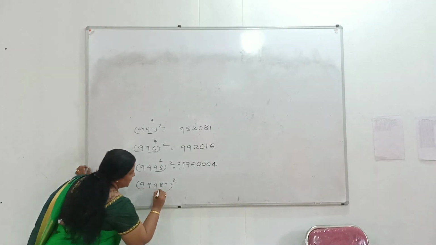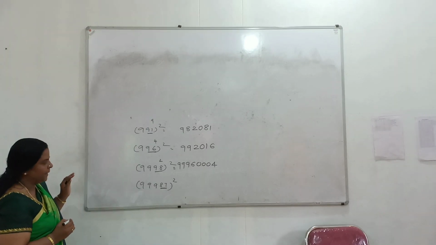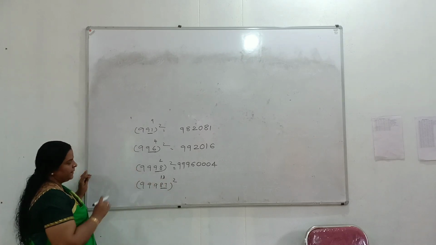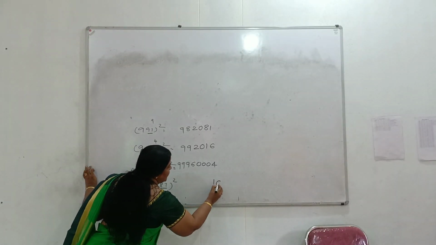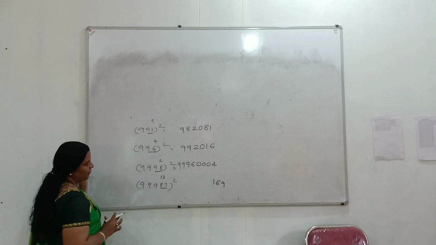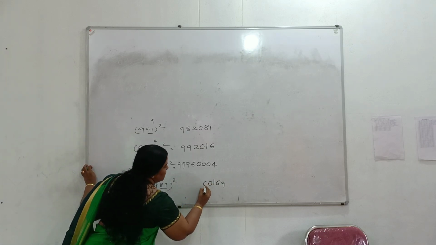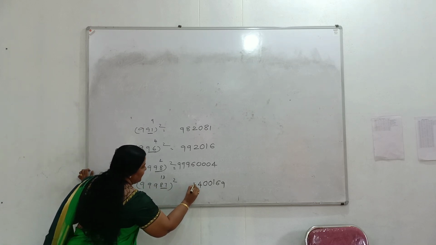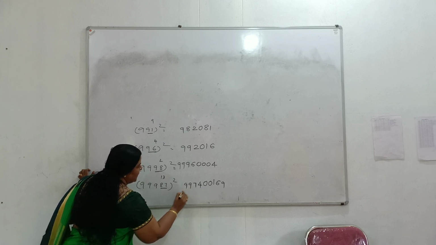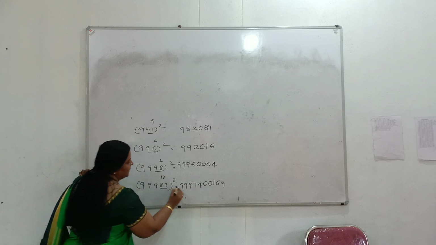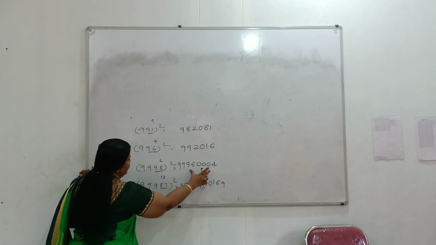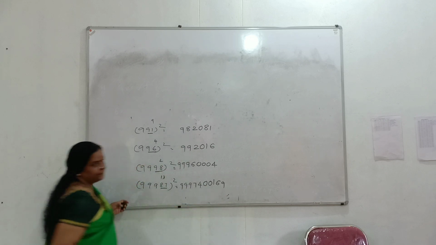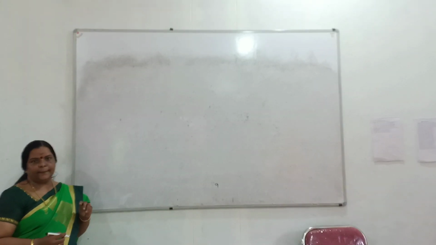99987. Write a line here. Last 2 digits only, 87. Write 13 here to reach 100. Take the square of 13, 169. How many digits are here? 5 digits. So put 2 zeros to this place. And double of this number is 4, 7, 9, 9, 9. Here we have 10 digits. Here we have 8 digits. Here we have 6 digits. That's all.